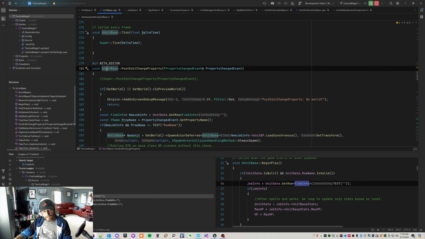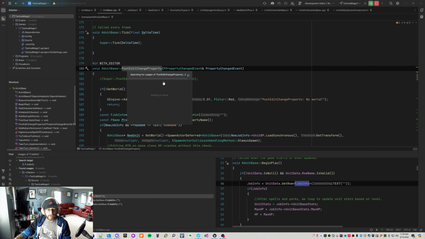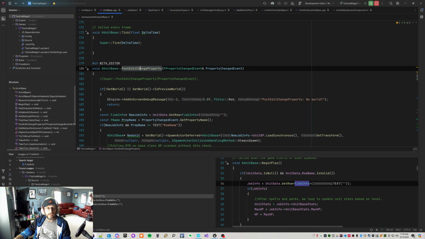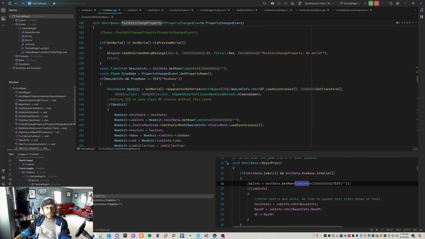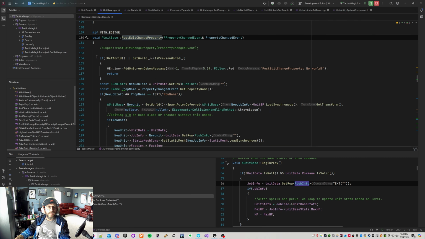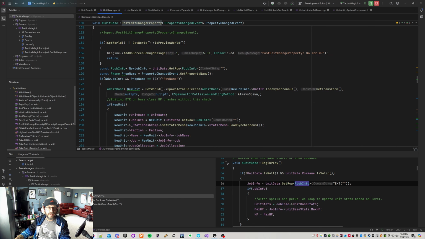So actors have an editor-only function called post-edit change property. Let's just go straight to that function. Why doesn't it want to go to that function for me? Whatever, forget it. It's defined in the class as post-edit change property, and that's just an override from the actor class. This isn't something I made up or made happen myself. And what we do here is essentially anytime a property is being changed, this is, again, editor only, this isn't something that's going to happen in your game, we determine if it was a data table row, and then if it is a,